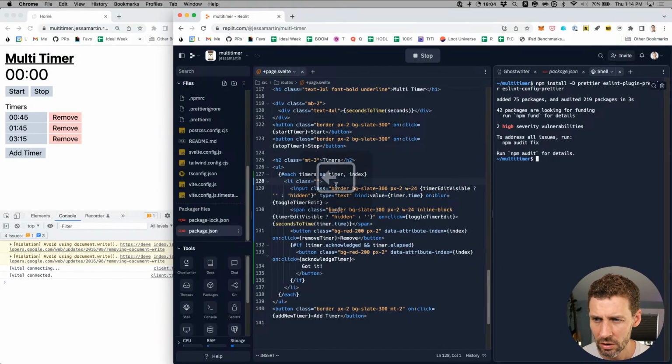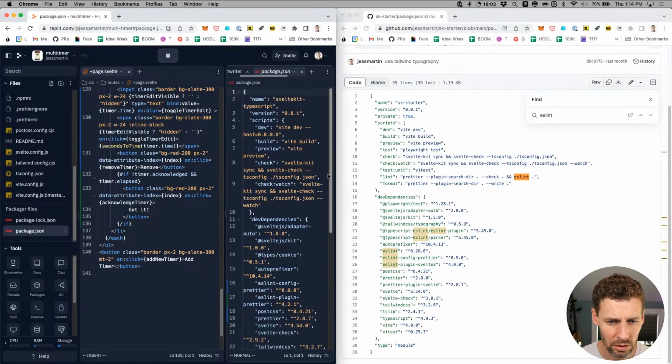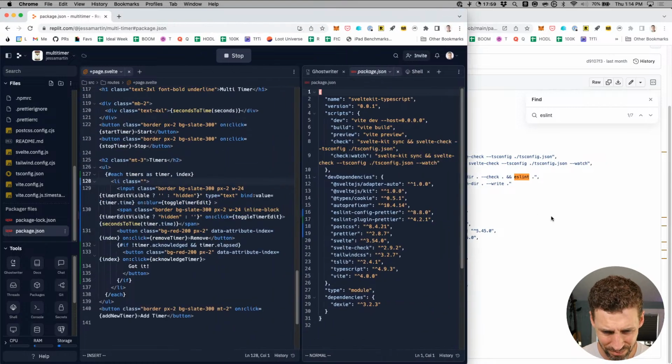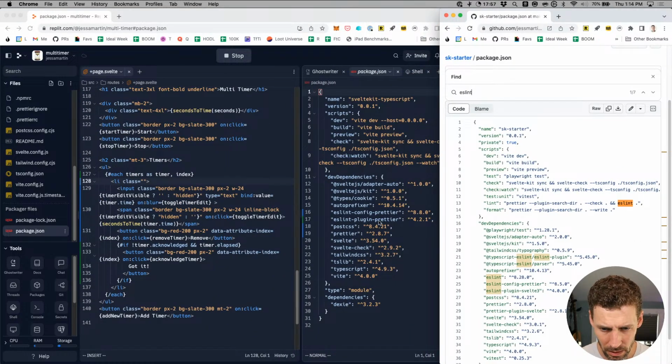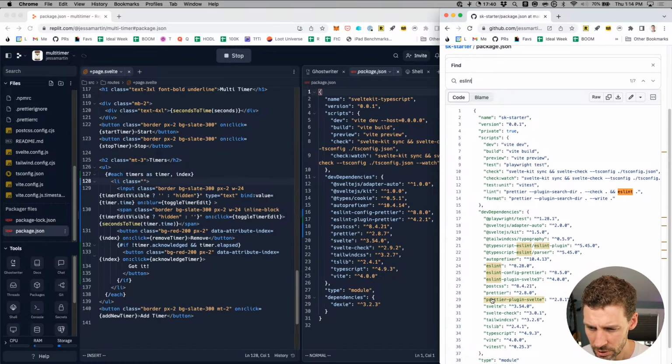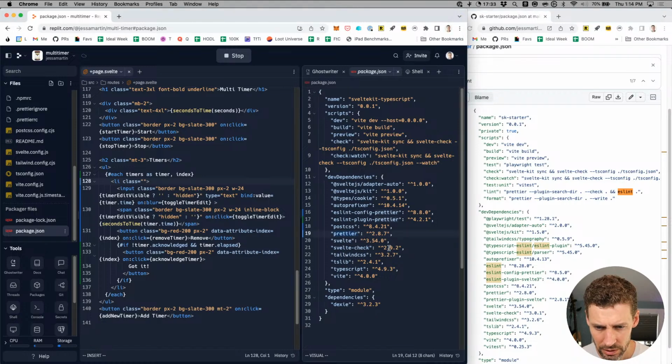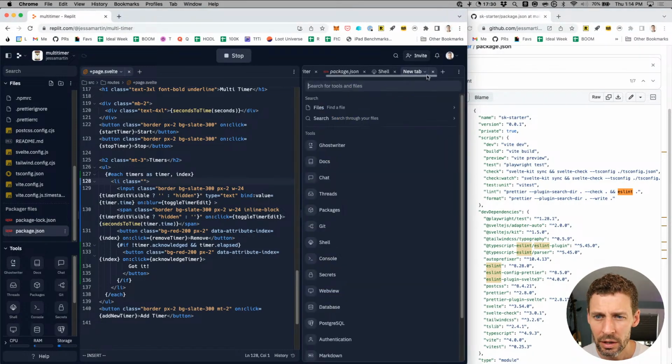I installed ESLint config prettier, plugin prettier. Oh, interesting. There's several things here too. ESLint itself is not installed. There's prettier plugin Svelte. Well, there's prettier. Let's go ahead and install.